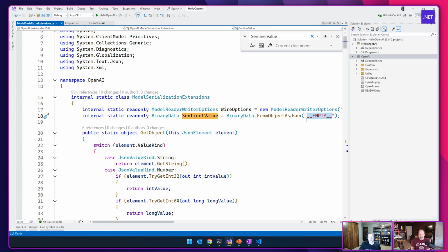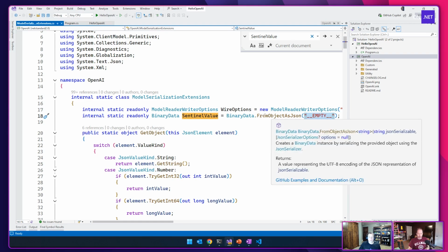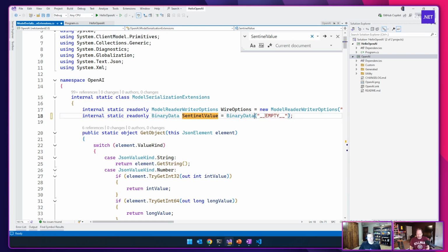Like, there's no reason to use a JSON serializer just to turn this into a set of bytes. Unless we end up playing whack-a-mole and they're going to go and do some JSON deserialization somewhere else, which they will. It's just for this instance, that's overkill to do a whole source generator for effectively a constant. Right, exactly. And so for this one, we can say from bytes, and since